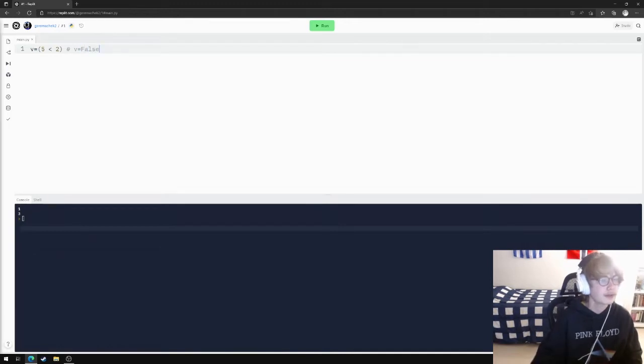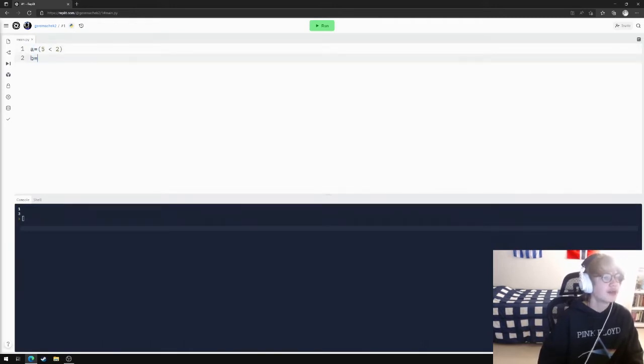Now, there's a lot of different comparisons you can do with numbers. You can do less than, let's change this to A. A equals, B equals, maybe you want 5 greater than 2. C equals 5 is less than or equal to 2. Or if you want, D equals 5 is greater than or equal to 2. And then finally, E is equal to 5